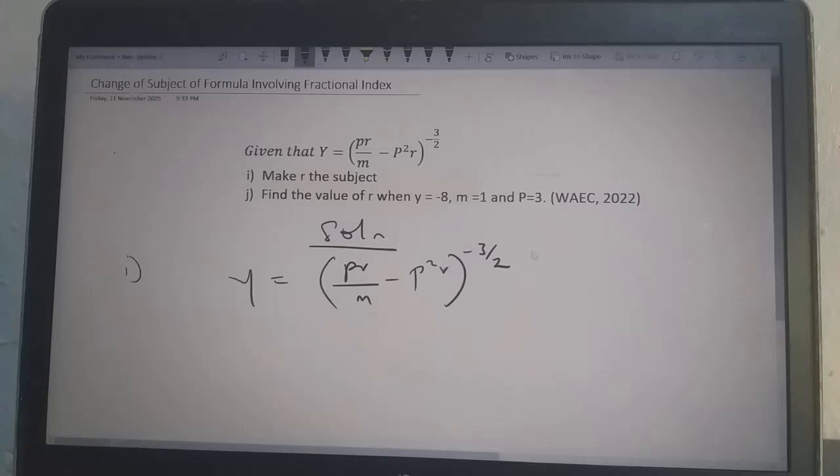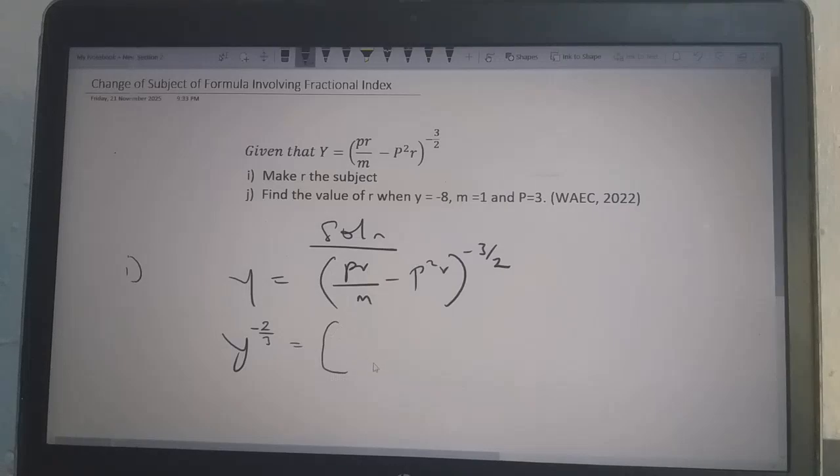The first thing you want to do is to eliminate this fractional index. And how do you do that? It is to raise each of them to the inverse of this power. What I mean is that I multiply the power here by -2/3 to balance it up. And so we are going to have y raised to the power -2/3, and that will be equals to,